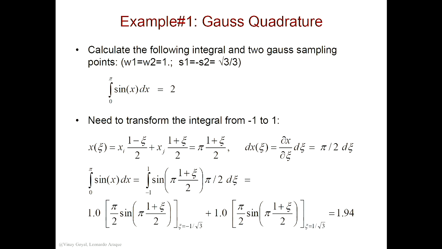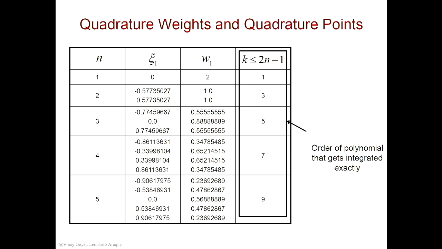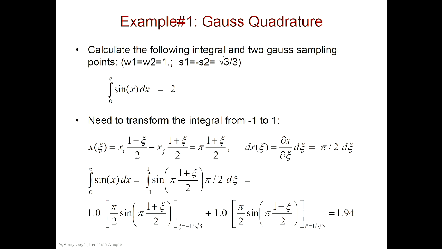This is my new phi. I only use 2-point quadrature. So for 2 points, the weights are 1. You can see it's given here. The weight is 1, and that goes with this number, and then the weight is 1, and that goes with that number. That's basically 1 over square root of 3. I evaluated this at c equals -1 over square root of 3, times the weight 1, plus evaluated at c equals 1 over square root of 3, times the weight 1, and I get a value of 1.94,